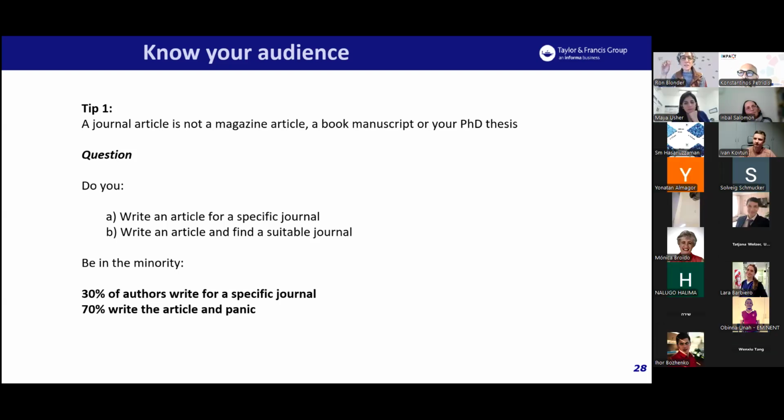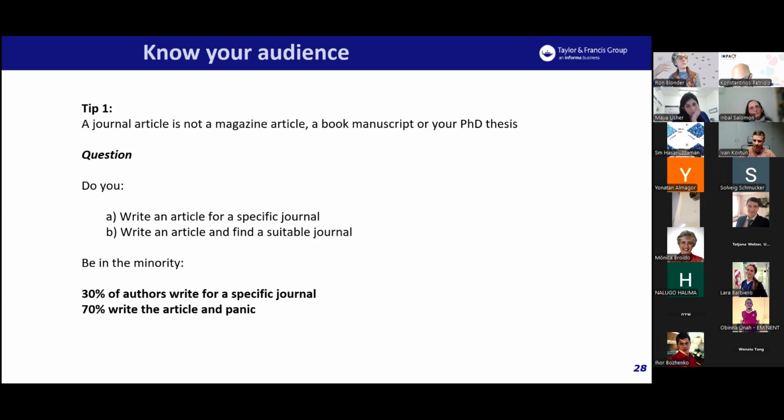This is the same way that should be done with a journal. You go to the journal, you read the papers, you see what the topics in the journal are, not only from the aims and scope, but also from the latest papers that were published. So you become part of the society of the journal, and then you will write the paper according to the journal